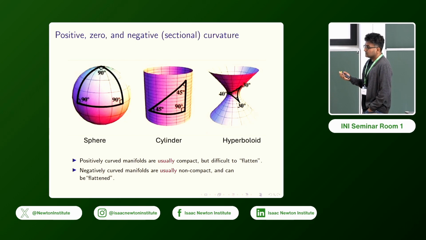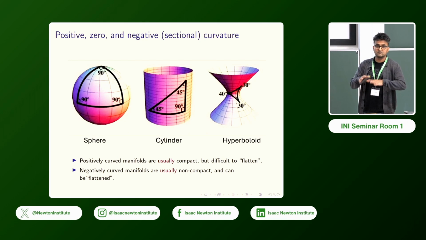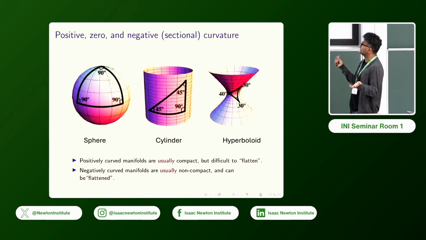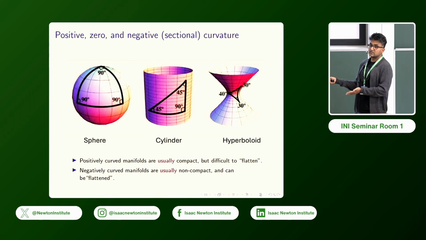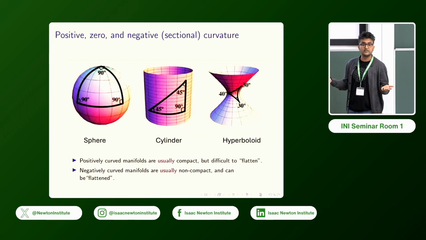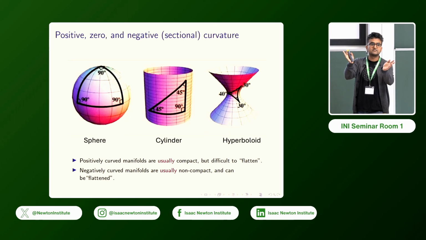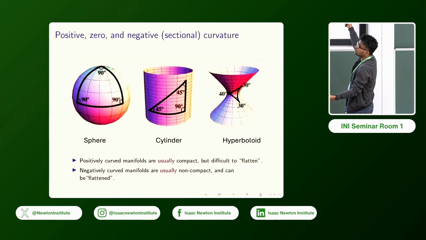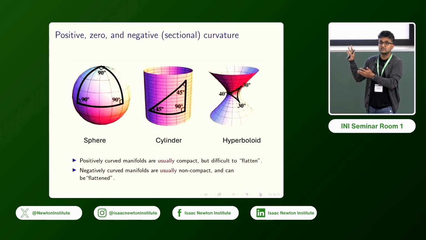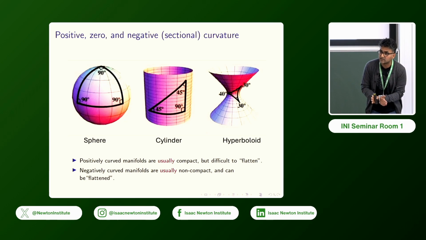Very quickly, because this will be relevant: positive, zero, and negative curvature on spaces, or what I call sectional curvature. Triangles on spheres typically will have angles which sum up to larger than 180 degrees. Intuitively, it's very clear: straight lines starting off at a point will go away and then eventually start converging because the positive curvature brings them together. The opposite happens for the hyperbolic space, which is negatively curved. Triangles have smaller angles, they sum up to much less than 180 degrees, and straight lines starting at a point start diverging away.